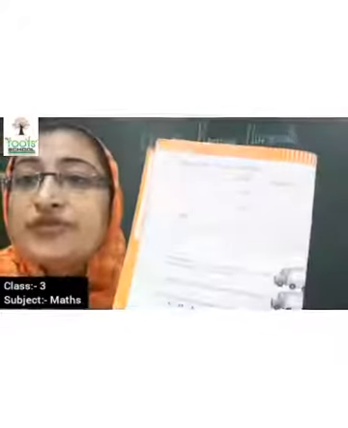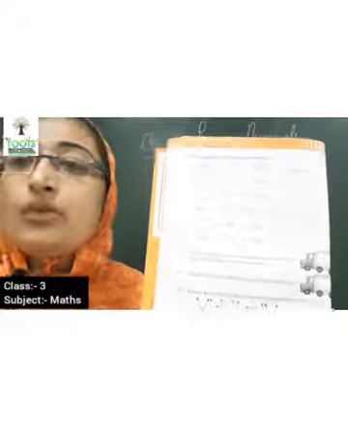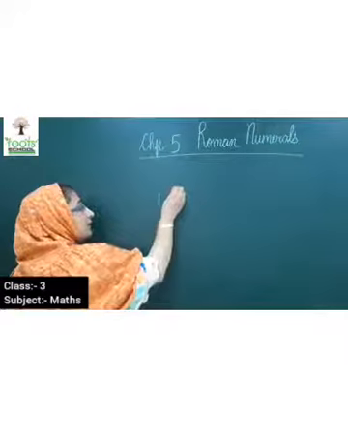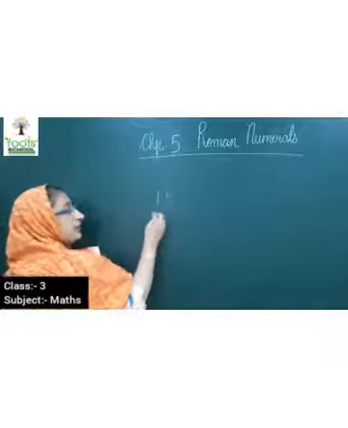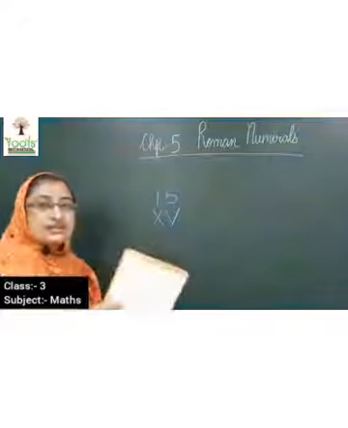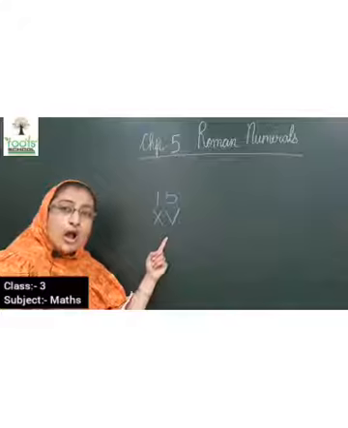What is it? Saurabh made 15 runs in a cricket match. Write the runs scored by him in Roman numerals. That means Saurabh has scored 15 runs in a match. Now you have to write number 15 in Roman numeral. So how are you going to write 15? It is 10 plus 5. 10 and 5. So this is how you write Roman numeral 15. So this you are going to write in the block.